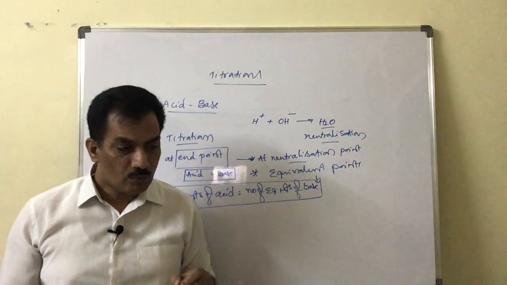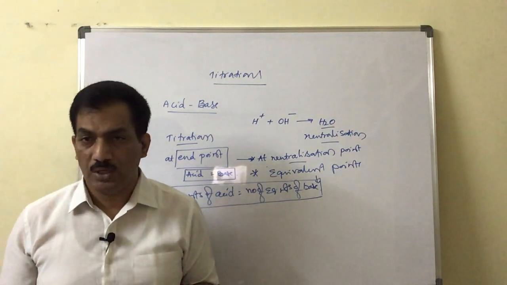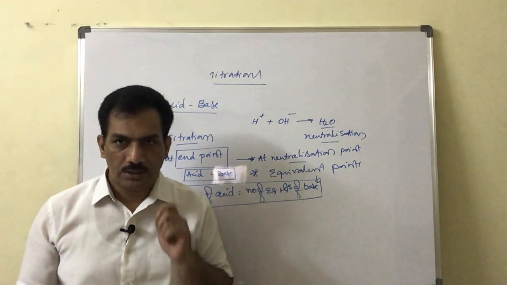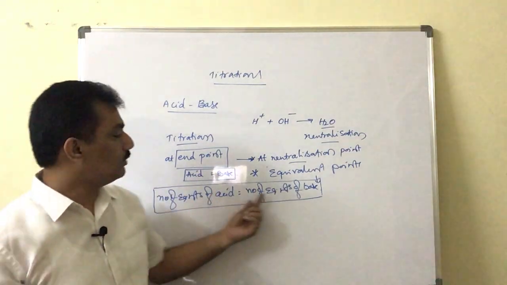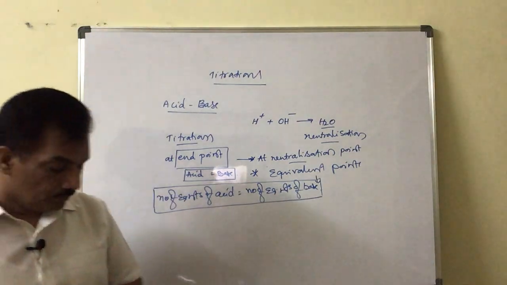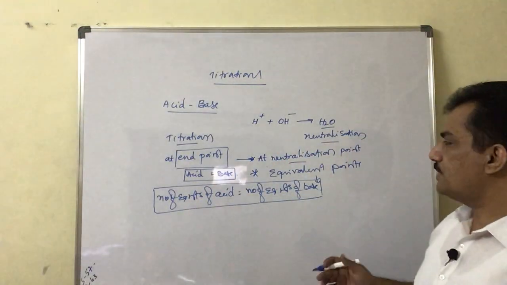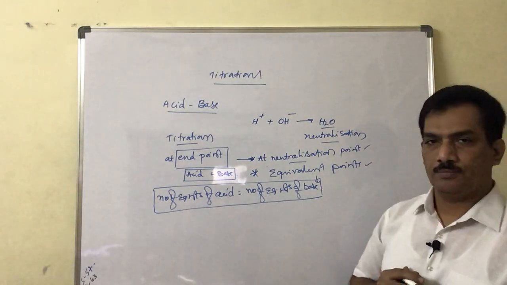Or the number of moles of acid at end point is equal to the number of moles of base is also not correct. Just at end point, that is at neutralization, we can find the relation only in terms of equivalent weights. Clear? And now first let me give the clarity, the difference between neutralization and equivalent point.